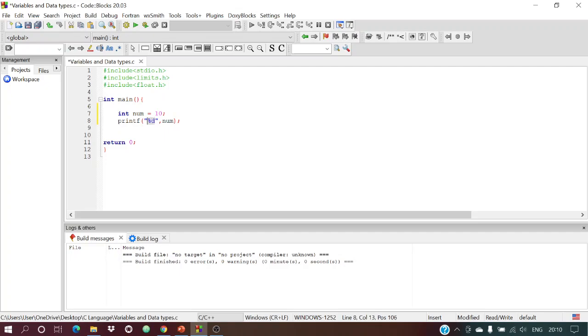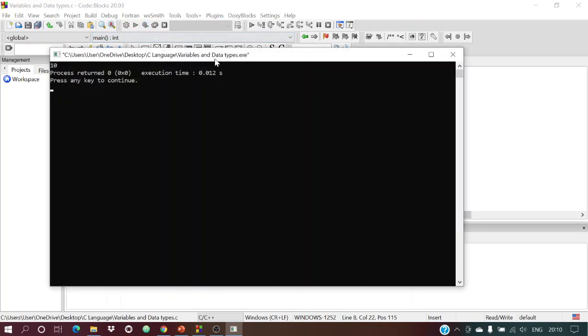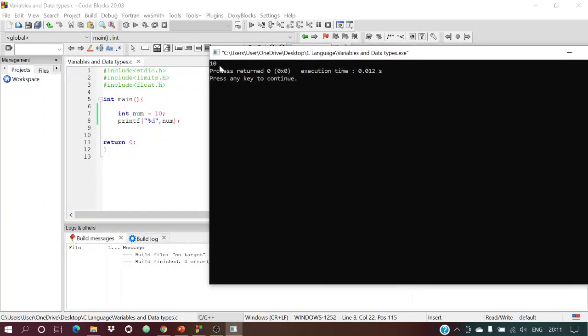This percent d is a format specifier. It tells that whatever you want to print here is an integer. Percent d is for integer. I'll go through all the specifiers once I have completed these variables and data types. So if I build and run, you see 10 has been printed.